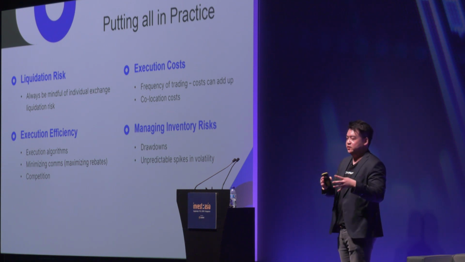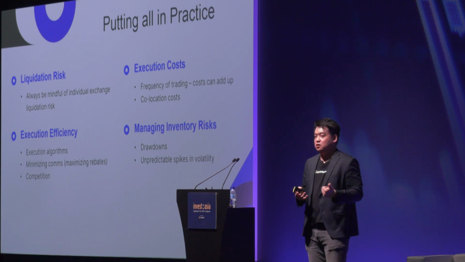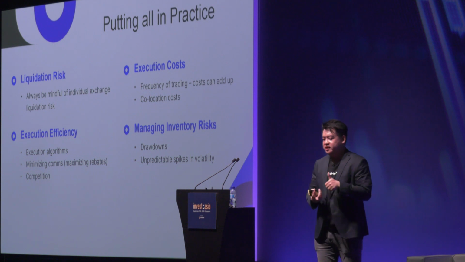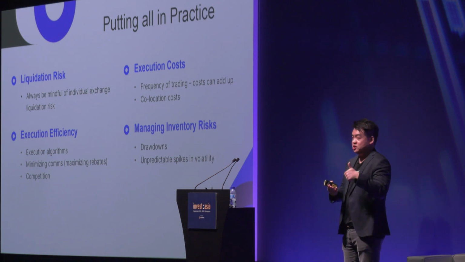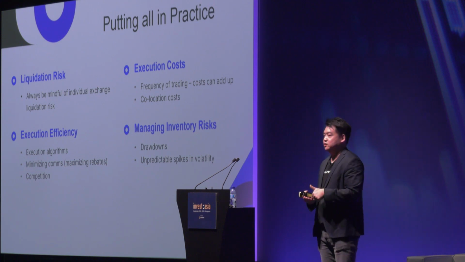To put everything into practice, there are 4 things I'd like you to realize if you want to trade these strategies. Firstly, always be mindful of where your liquidation price is. This is something I cannot stress enough. I've seen big hedge funds get liquidated, and it's not fun. They lose millions of dollars because they were over-leveraged, didn't balance their accounts fast enough, and the markets were just too volatile. Bitcoin is a volatile product, so always be mindful of where your liquidation price is.